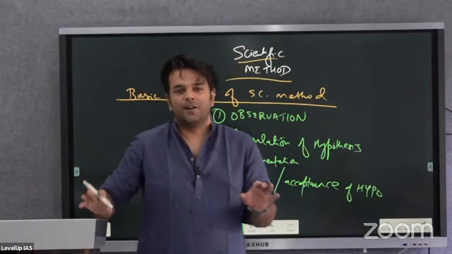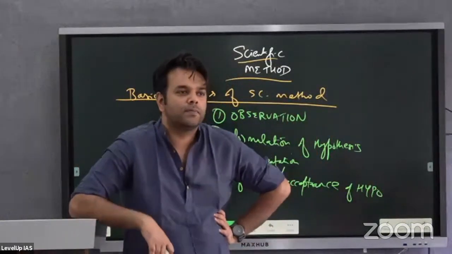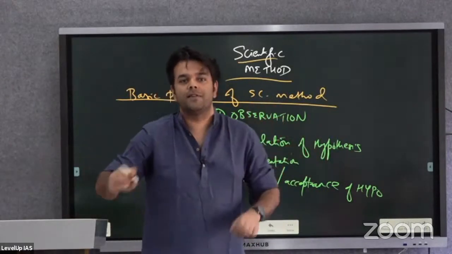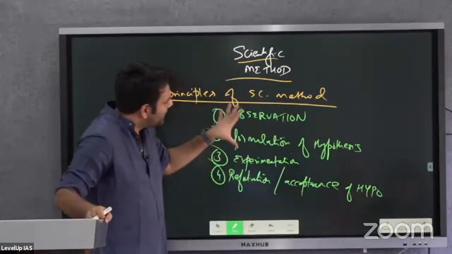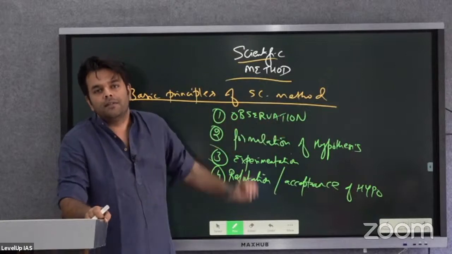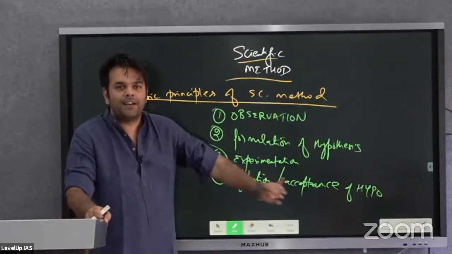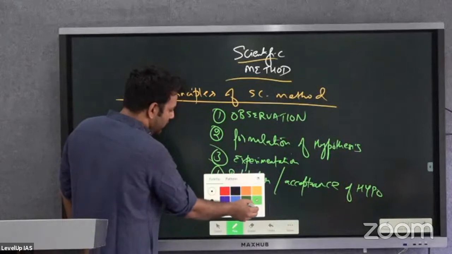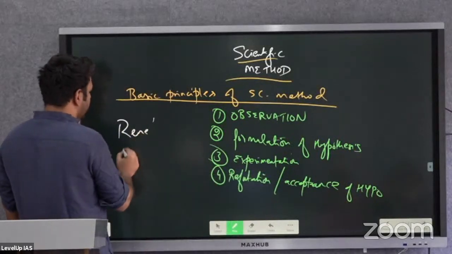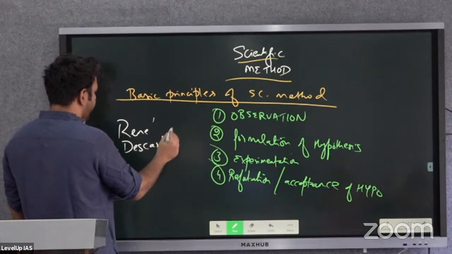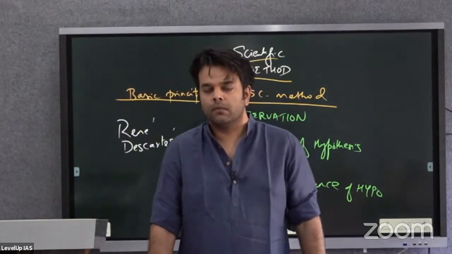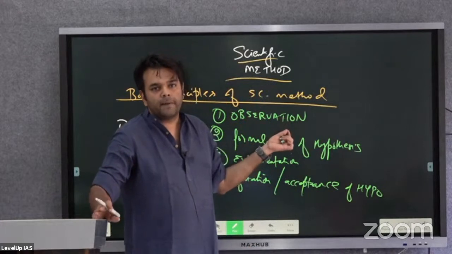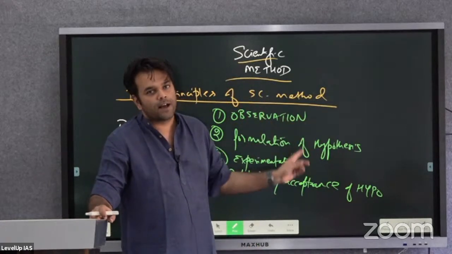The question is, who gave these basic principles of scientific method, on the basis of which we made those 6 or 7 steps? These principles were given by René Descartes, जिसको हम रेने डेकार्टस या डेकार्ट बोलते हैं। Okay, now understand these principles, only then you would be able to understand whether sociology is science or not, क्योंकि आगे मेन हमारा सवाल वही रहेगा।